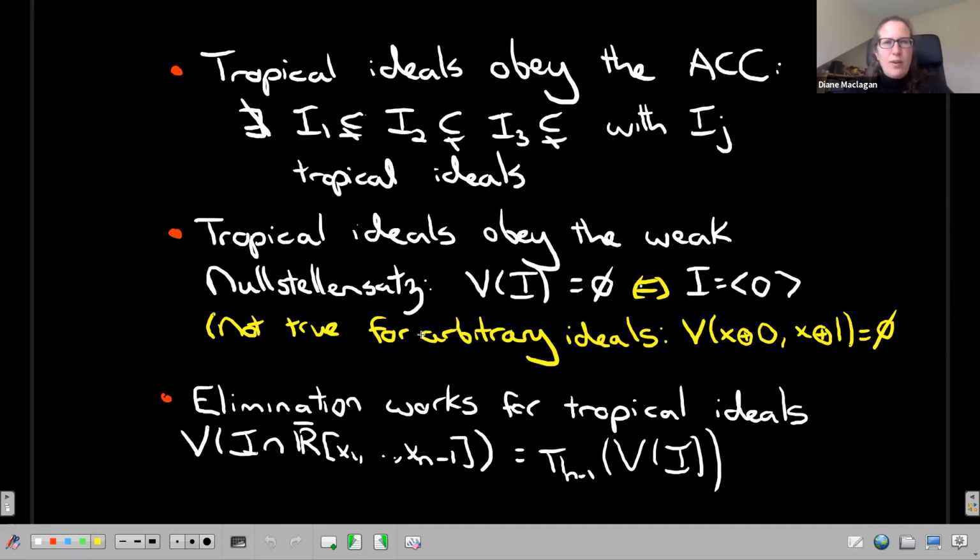And then you can see we have a bunch of other facts, which are just justifying this cartoon version of the ideals. If you start with a tropical ideal, you get a theory like the usual one. And that's what we want to build our tropical scheme theory around. So maybe that's a good place to stop so we have time for some questions.